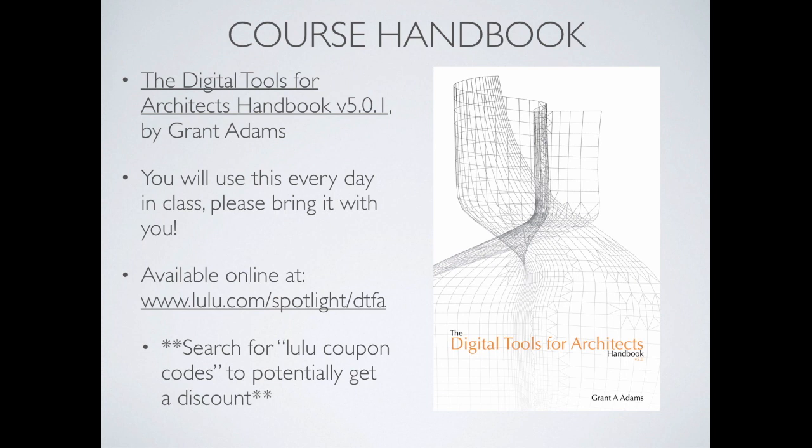There is a book associated with the class. It's the Digital Tools for Architects Handbook. Essentially, this is all the tutorials and stuff bound in one nice, convenient little book. I've had students who've moved on in the past, like I said, I've taught this for a number of years, and they'll take it with them to Berkeley, and they'll go back and reference, oh, yeah, I need to do those clipping masks. How do I go back and do that? Oh, and here's my little notes that I did in the margin that make sense.